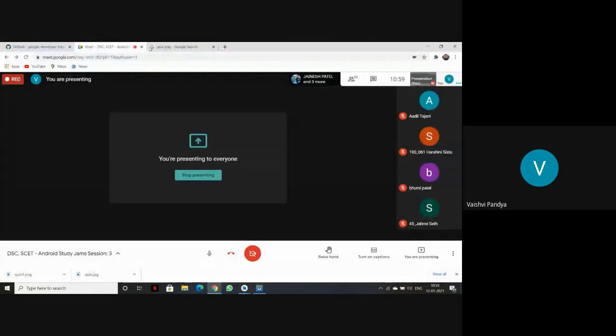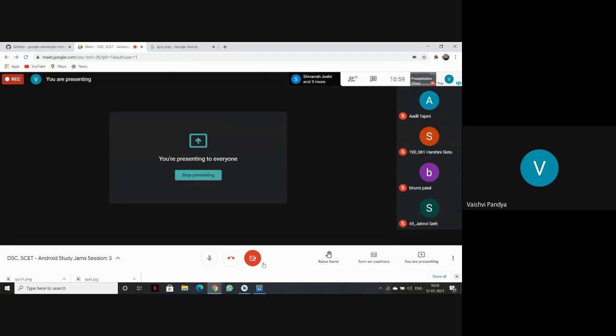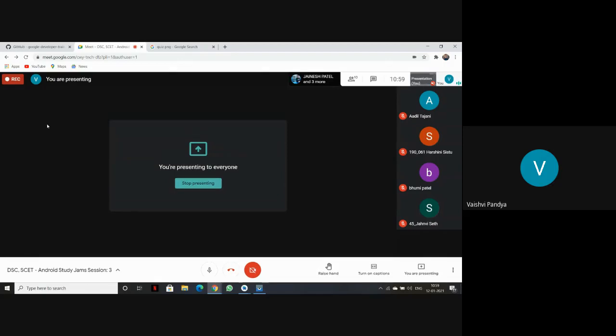So now, the last thing that I'm going to show you is how you can extract your file from GitHub. As you know, we don't have all the code that we want to write. So if we don't have the code, but we already have pre-developed code in the GitHub section, and we want that to run in our Android Studio, how can we do that?